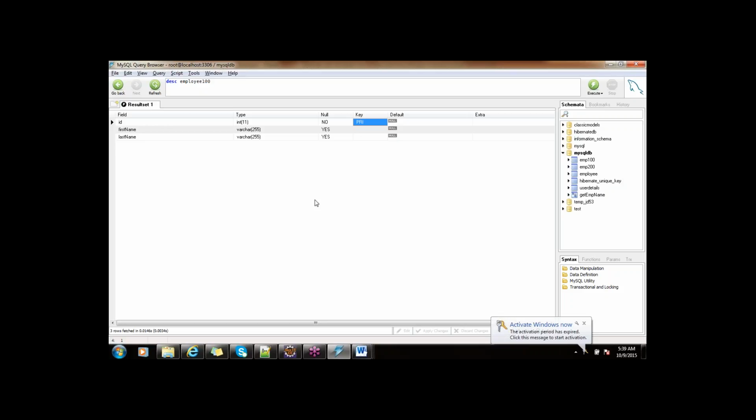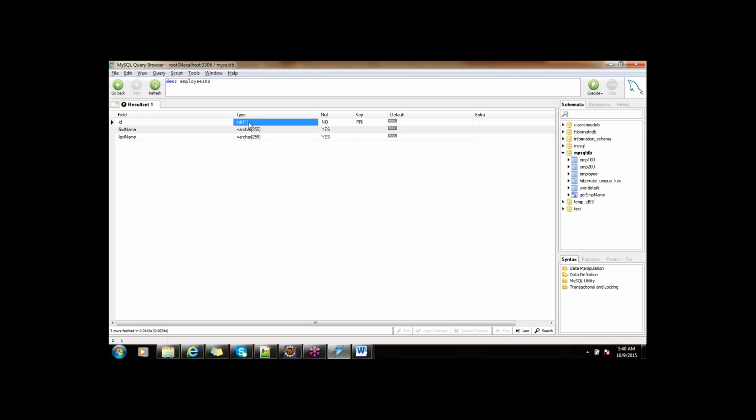You can see ID is the primary key, and if you observe, the ID which is an integer in our model class is converting to data type integer in the database, and the first name and last name are converting into varchar. They are strings in our model class. And if you observe, the size of varchar is 255 and the size of integer is 11. By default it is giving the size,